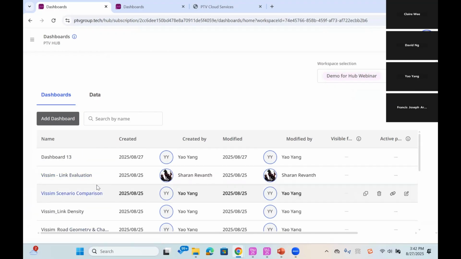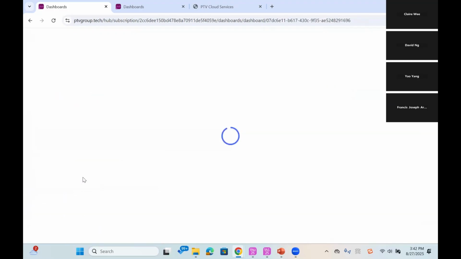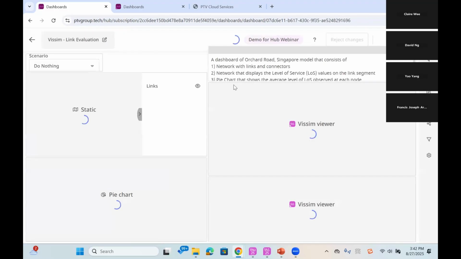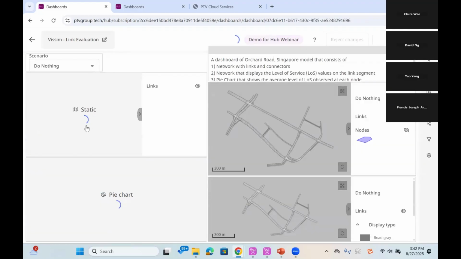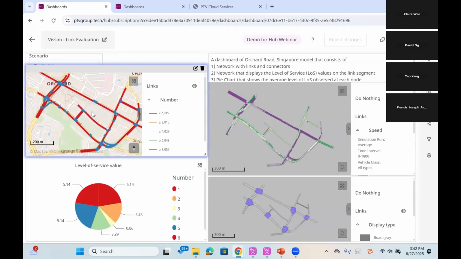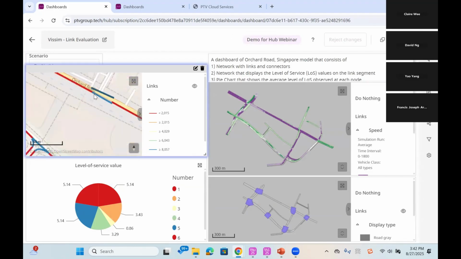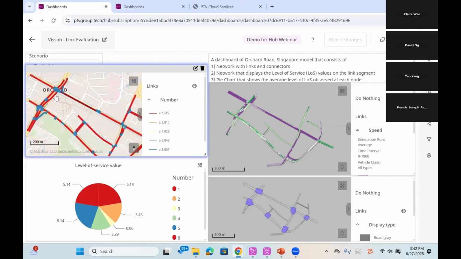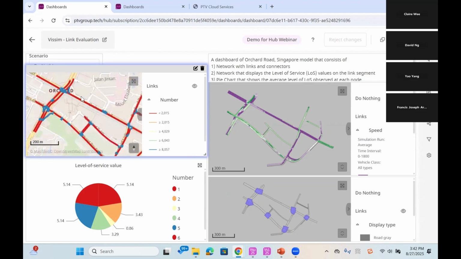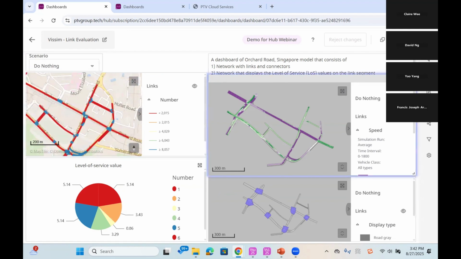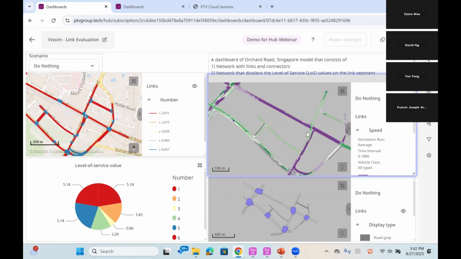Some other potential visualization, we can show you one of the models for Singapore. This is a dashboard of the Orchard Road, a Singapore model, which consists of the network with links and connectors. We can display the network structure here, showing the links in red color and connectors in blue. And here we can also add another dashboard for showing the level of service on the link segments